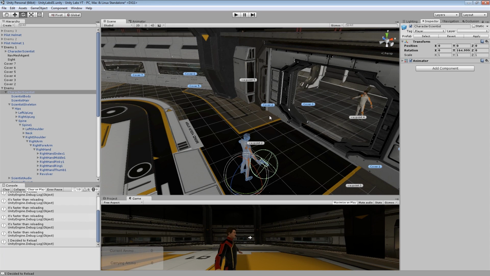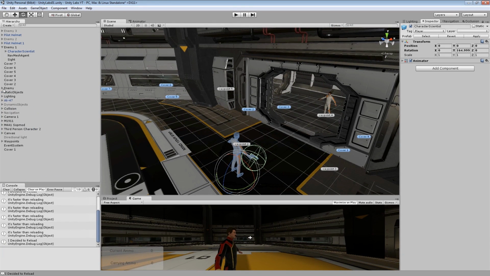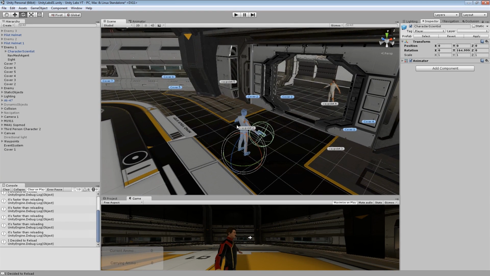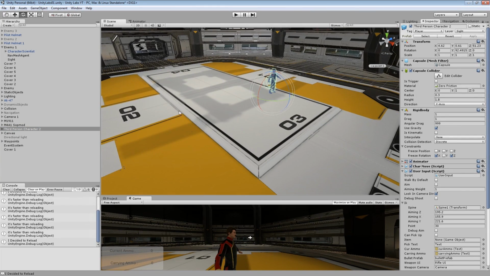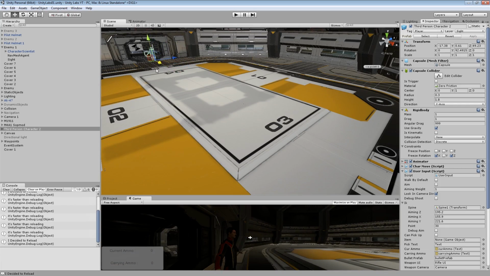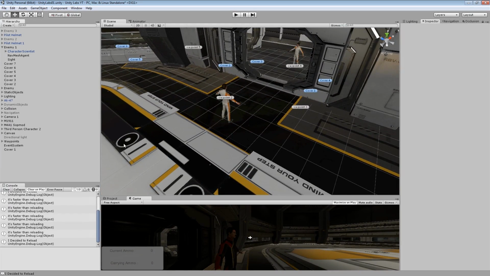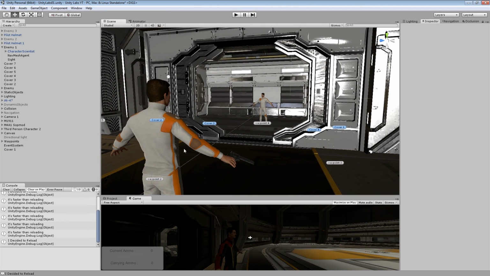Now, of course, each will decide what will happen next. One might decide that it doesn't want to attack, and the other might decide that he wants to take cover first before attacking. So I don't know what is going to happen with the AI we made over here. Let's hit play, place your bets,